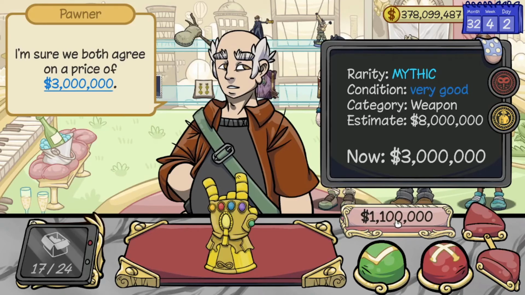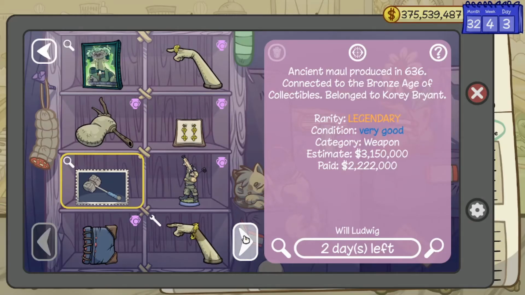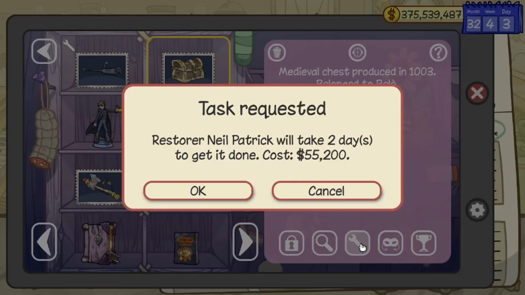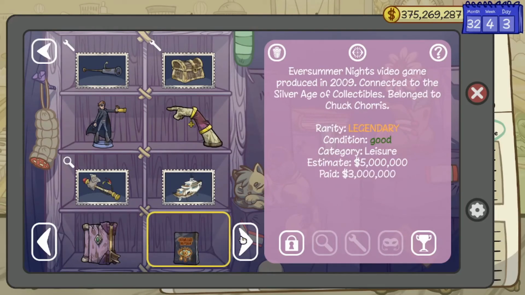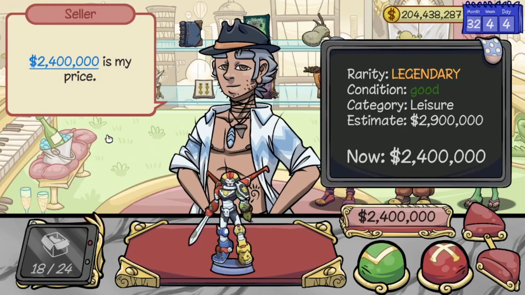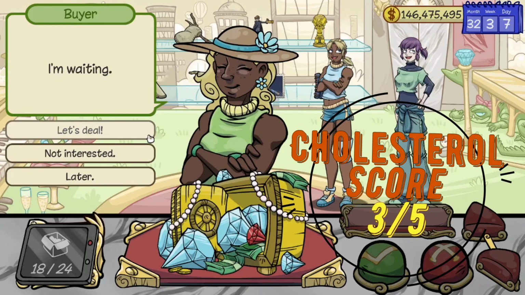So overall, I like the game. I feel like the negotiation is overly simple and not deep enough, but it's very satisfying at the same time. I absolutely hate the music, but the items and randomly generated characters are funny enough, and the game feels very good. Like, the integration of the store management and the negotiations works very well. So overall, I'm giving it a cholesterol score of 3 out of 5. I got my money's worth for it, but it's a bit grindy towards the end, so